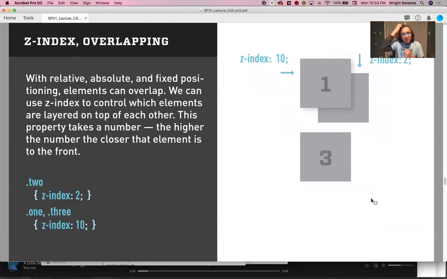With our relative and absolute and fixed positioning, we can overlap items. And we can choose how they overlap by assigning a Z index to them. We think of the X direction and Y direction. The Z direction is now in and out. The higher the Z number is, the closer that element is to the front. So in this example, there is a Z index of 2 for the number 2 box, and a Z index of 10 for this number 1 box. 10 is bigger than 2, so 1 will be in front of the 2,